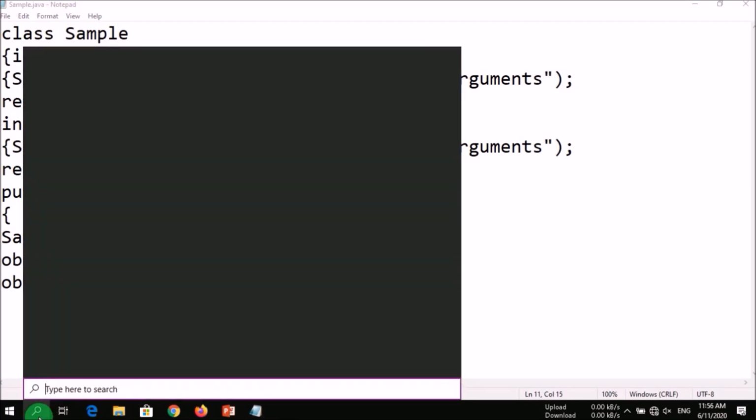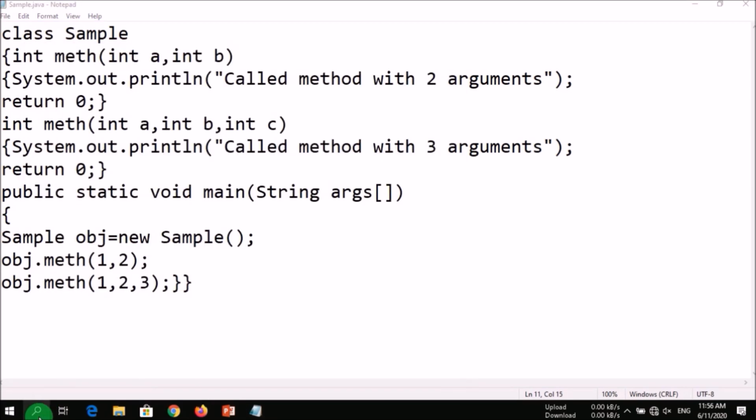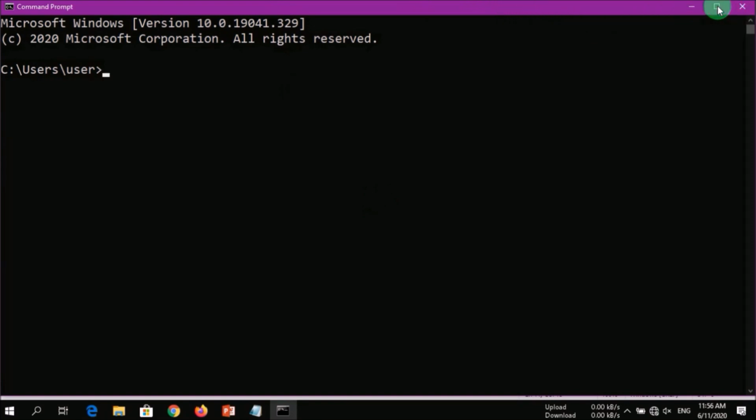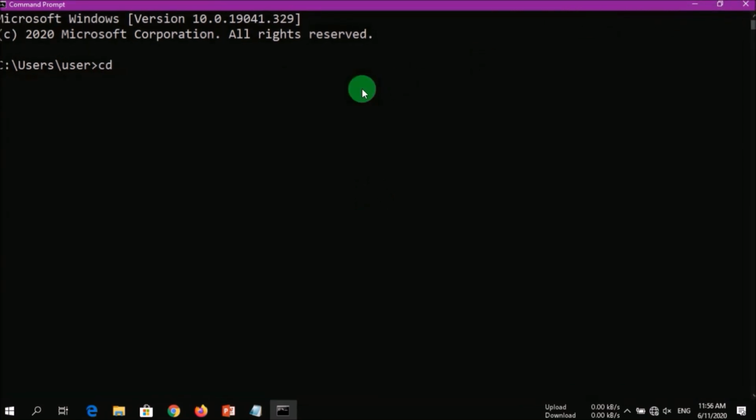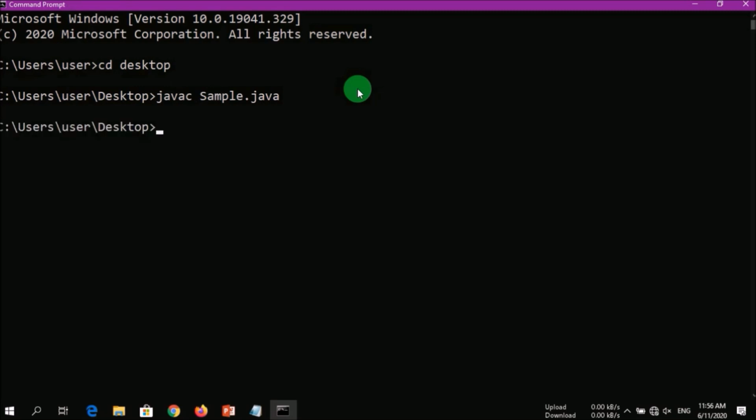For that, type cmd, change the directory, compile the file. Now it compiled successfully, and now try to run this one.